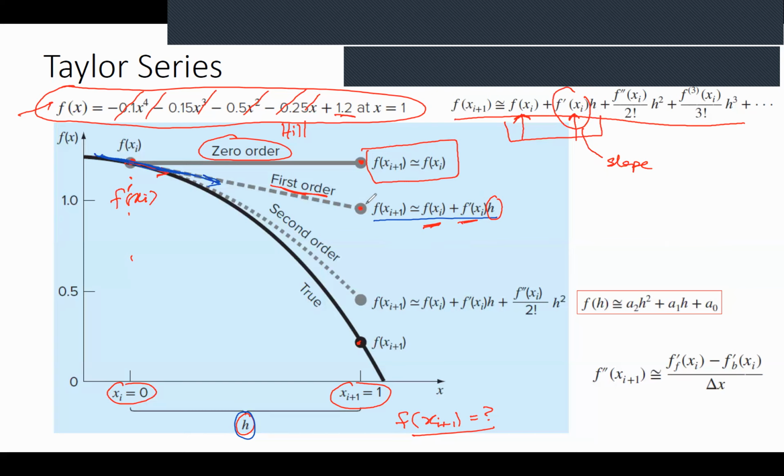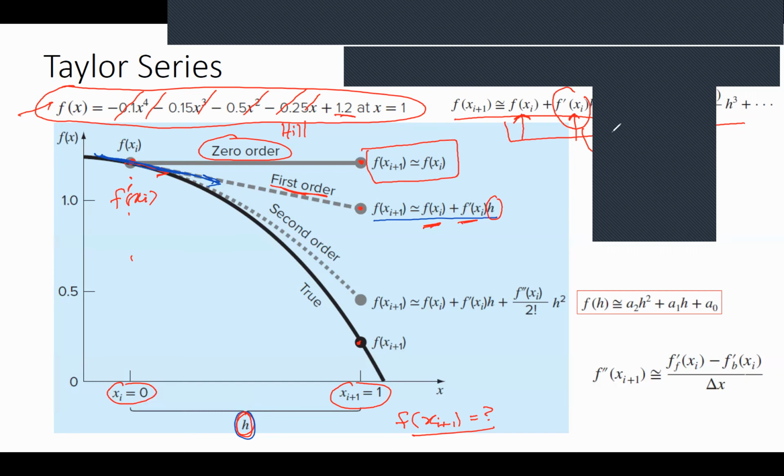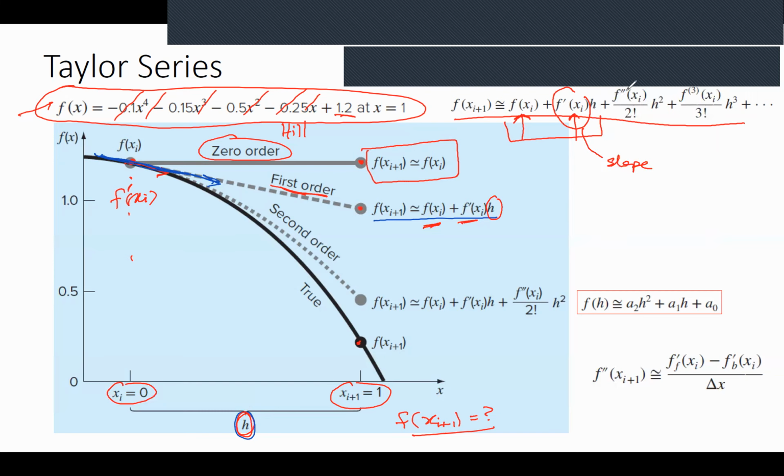That's the next approximation. Zero order gives us the same value. First order gives us the previous value plus slope times the step size. We can increase this. Let's say I may consider a point here. Imagine that we are here. Instead of taking the first order derivative, I can take